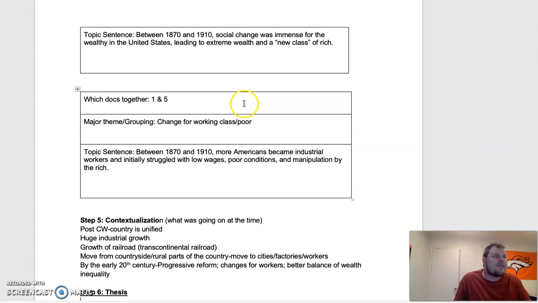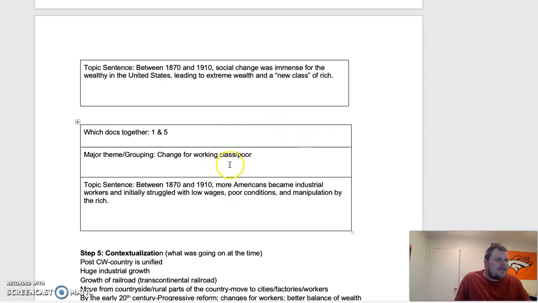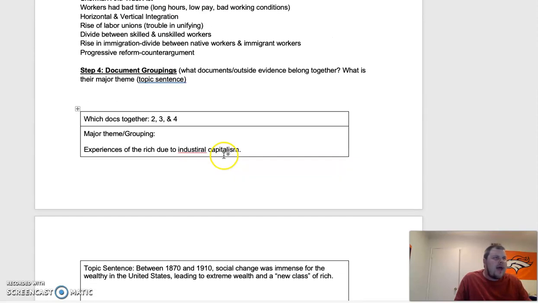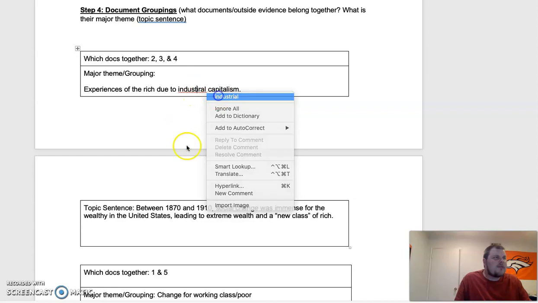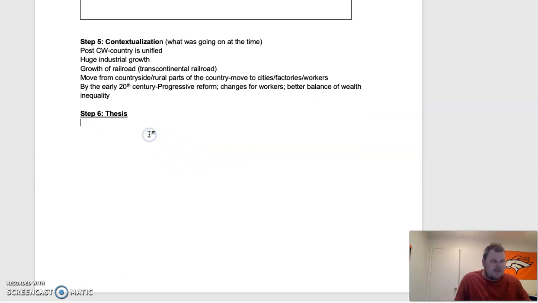And to be honest, sometimes the thesis is tough, but because we've gone over these documents so well, and because I have these decent topic sentences, I think I can come up with something that's relatively good. And I think what I'm going to write here is something along the lines of this. And again, maybe I can tweak it, but I'm going to say, although, sorry, maybe I should actually bold it. Although